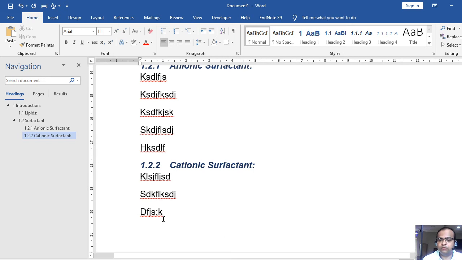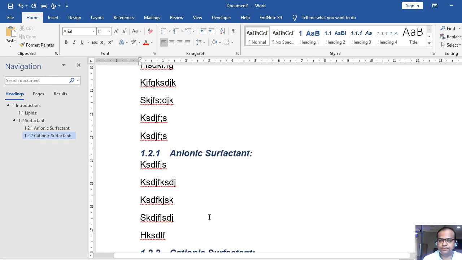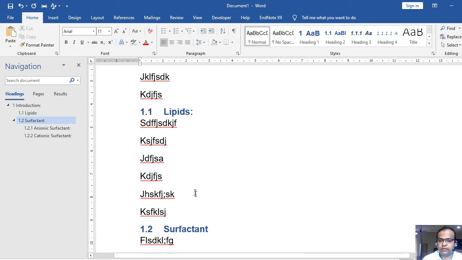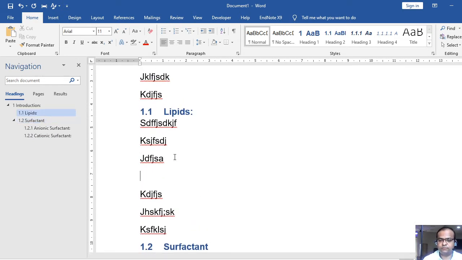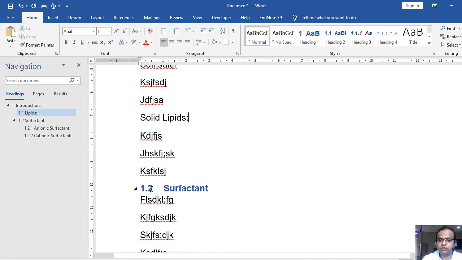Okay. Now what is the advantage of this practice? Suppose later on I think I should add one subtopic here, for example solid lipids. If you did it manually, you would have to change all these numbers, right?